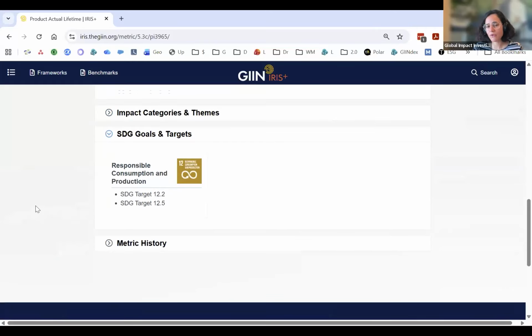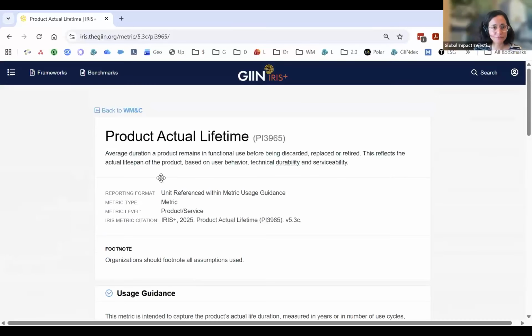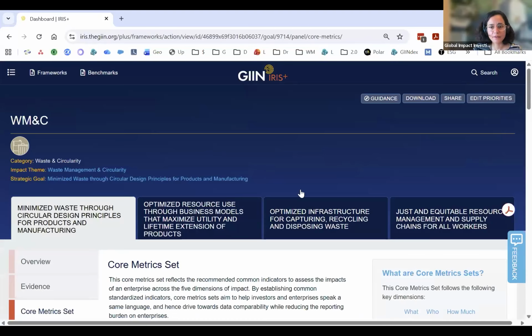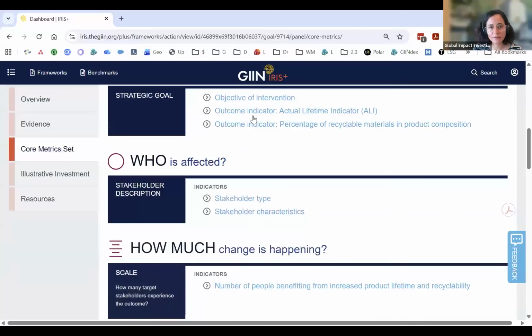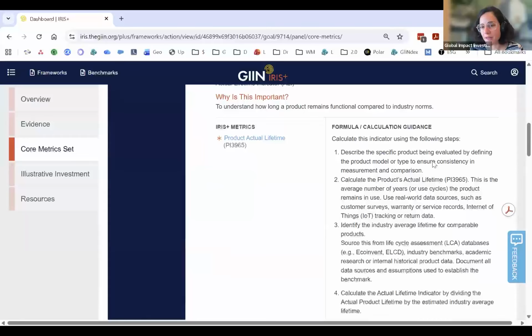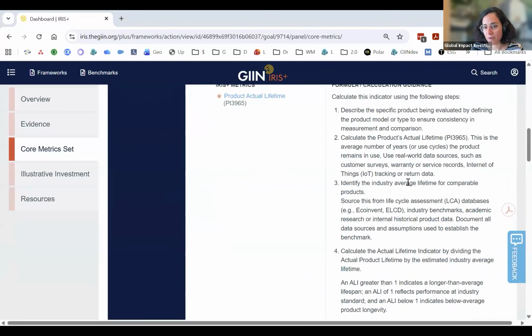Moreover, if for your framework SDG alignment and mapping is important, for us it is, then under this section here, you will see a mapping at the SDG target level now. Before, there was a mapping at the SDG goal level, and now when we go into the metrics per se, there is a more granular mapping at the SDG target level. And on the right-hand side, you will see granular information of how to understand and really generate the information.